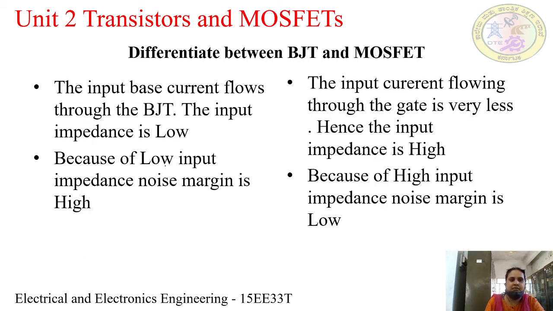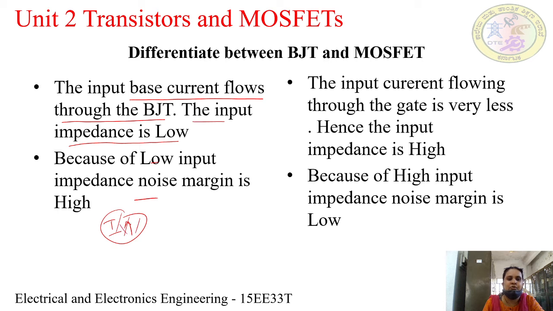So we already discussed the input current. The input current helps in controlling the output current. Since the input side is a current flowing inside the transistor, the current variation at the input side will be high. Therefore, the Zin of the BJTs will be low. It means that it has a very low impedance. Because of its low impedance, the noise margin is high.